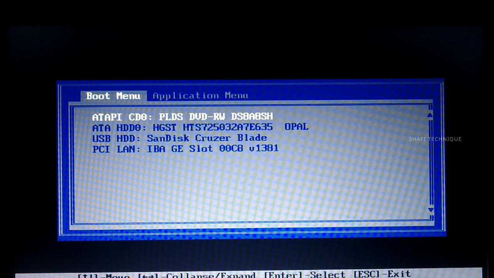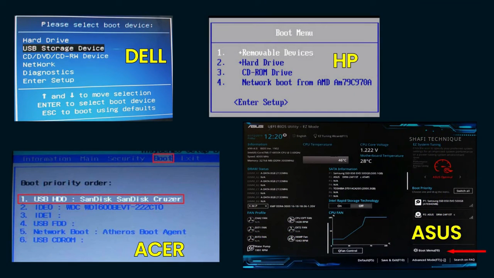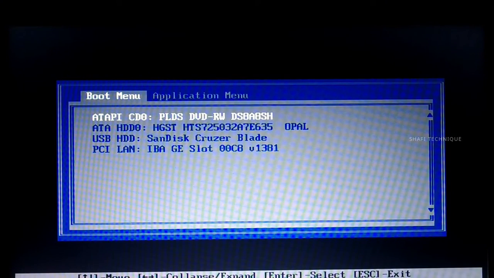As my laptop is Lenovo, the interface of the boot menu of Lenovo will be like this. If your laptop or computer is another company, then the boot menu interface will be different. Which means for every company, boot menu interface will be different. These are the boot menu interfaces of the top brands. Friends, however you get the interface, you need to find boot menu options.